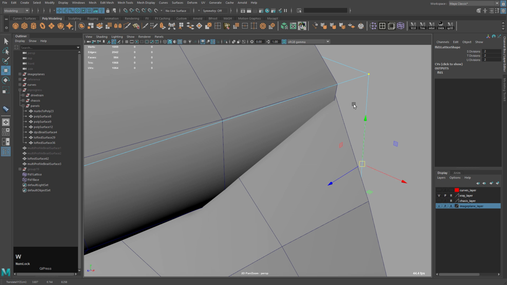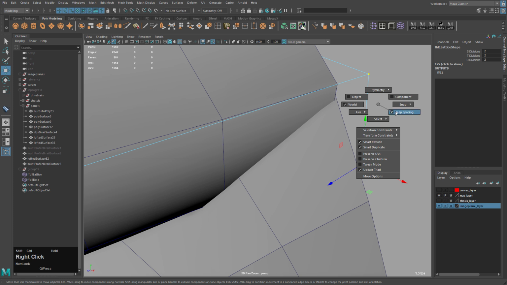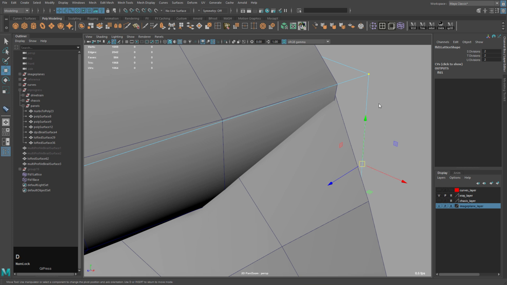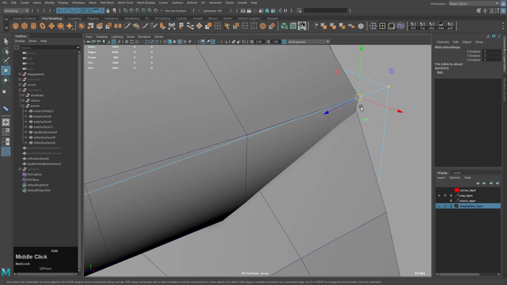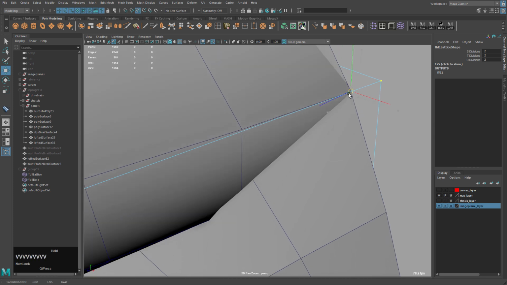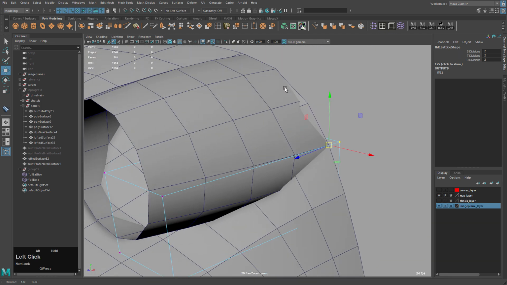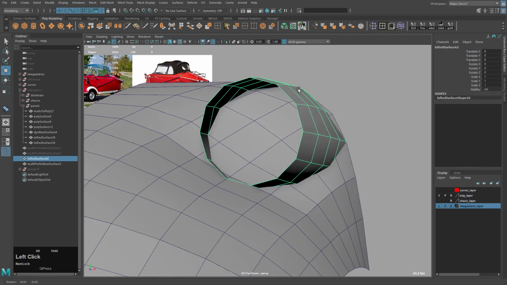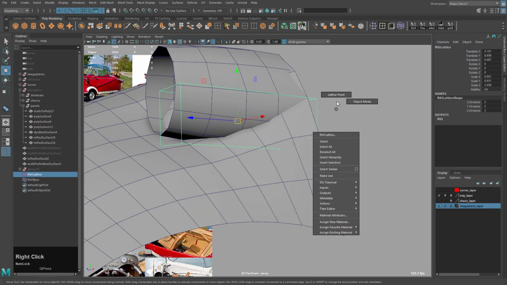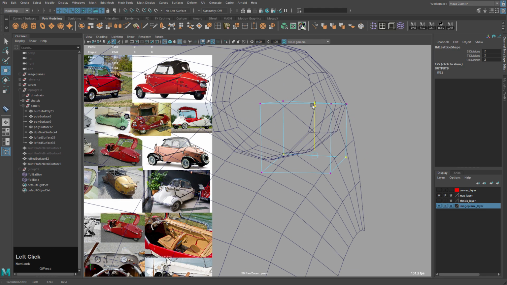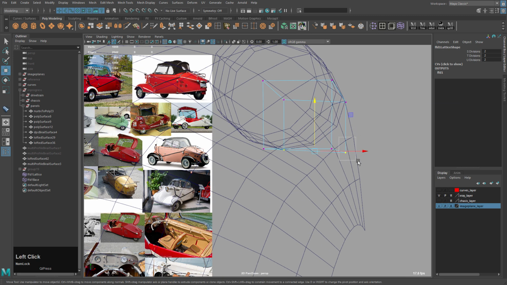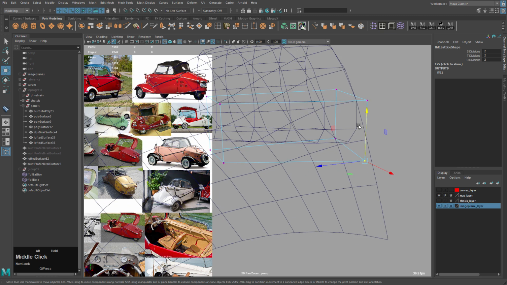Now another trick you can do here is if you have these two lattice points selected, with the move tool selected, press W, hold Control Shift, right click, and then you can make sure keep spacing is on. Then hold D and V and middle drag the pivot to this vertex here. Then if you hold V, you can snap it right to that point. Let's see. And before we clear history, also we just want to kind of move this down a little bit, maybe like this. Yeah.